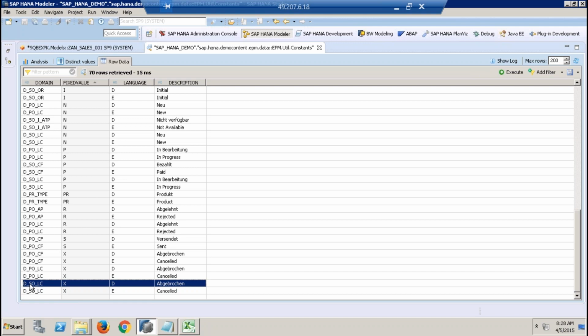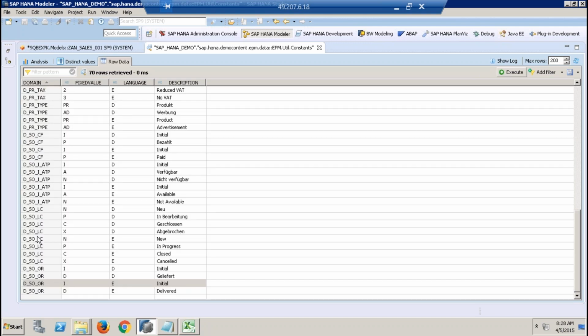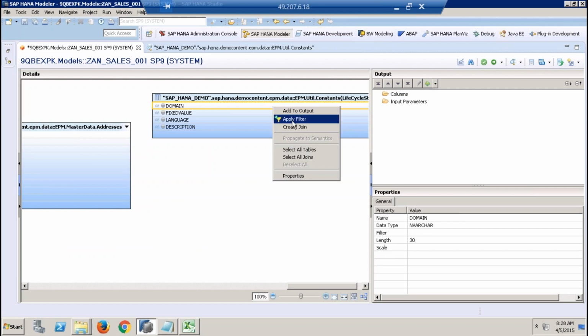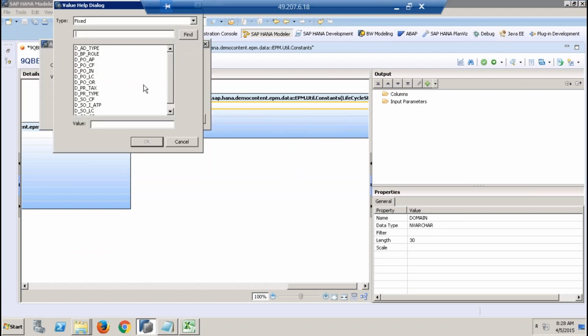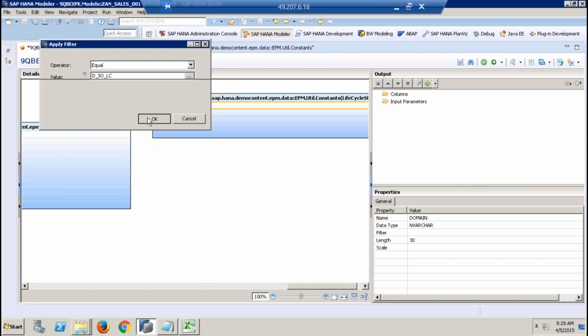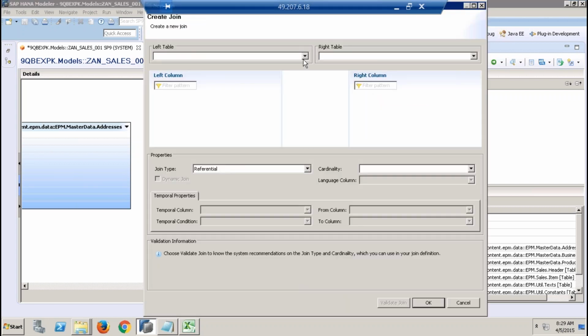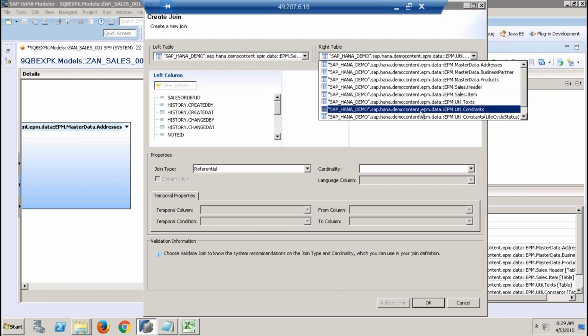Okay, now we need to do the filtering. Yes, I'll have to do filtering. So for life cycle, I need to consider only this one, D underscore SO underscore LC. So I'll select this domain, right click, apply filter, equal to D underscore SO underscore LC. Okay. And then create a join